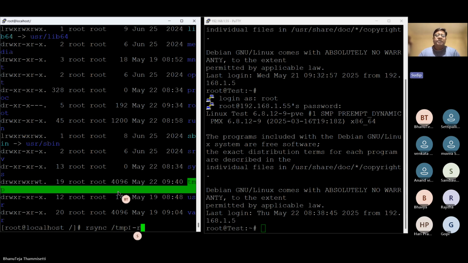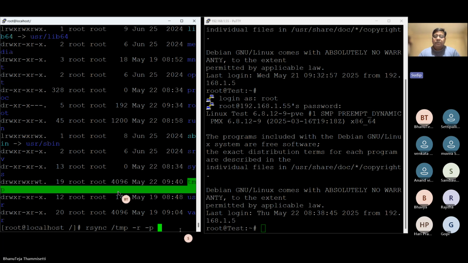I will do recursive, that means minus r. That means whatever are the subfolders in temp, I want all of that to be copied, and I want to preserve the permissions. So minus p,